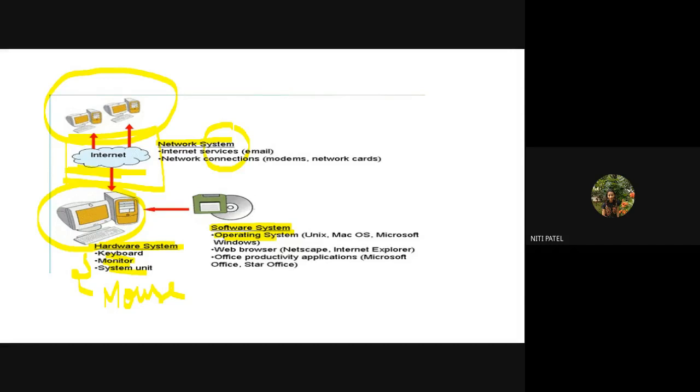All the communication from user to computer goes via the operating system, and all the communication from the system to the user will also go via the operating system. We are all aware of different examples of operating systems, like Unix, Mac, Microsoft Windows, Android. These are operating systems. If I do not have an operating system, there cannot be any communication from the user to the system or from the system to the user.